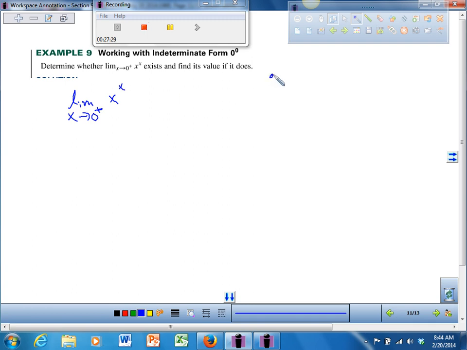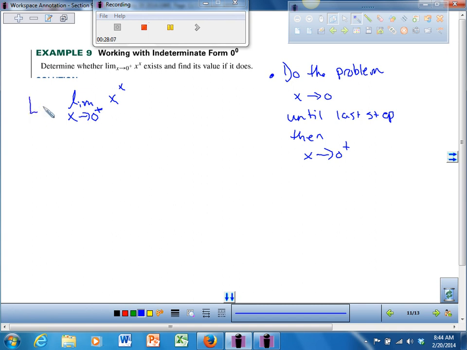My hint for you is to do the problem as x approaches 0 until the very end when you do the limit, and then consider what's happening from the right. Okay? So do the problem as x is approaching 0 until the last step. Then think about x approaching 0 from the right. Okay? So go ahead and get started at your desk. We'll start the same way, L equals